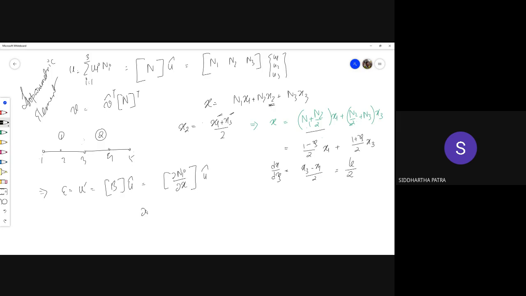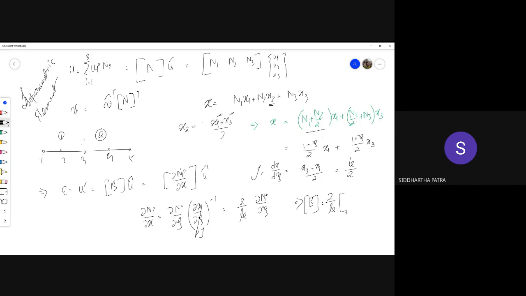But then we are not comfortable with del Ni del x. We are only comfortable with del Ni del xi. Then multiplying with the inverse of del x del xi. So del x del xi is essentially the Jacobian J. We are going to multiply with the inverse of that, which is 2 by le del Ni del xi. That implies the B matrix is 2 by le